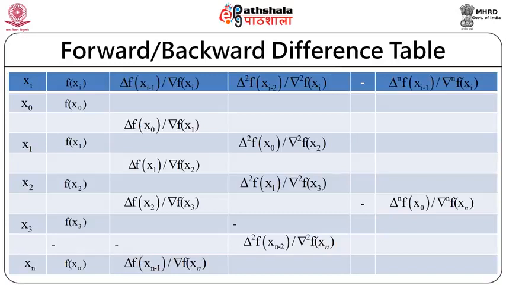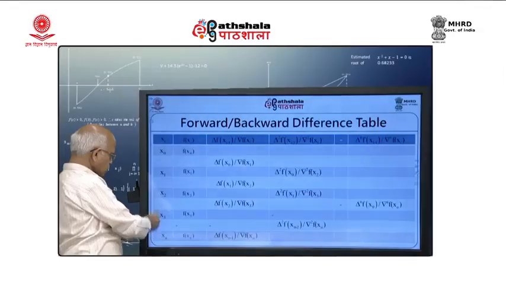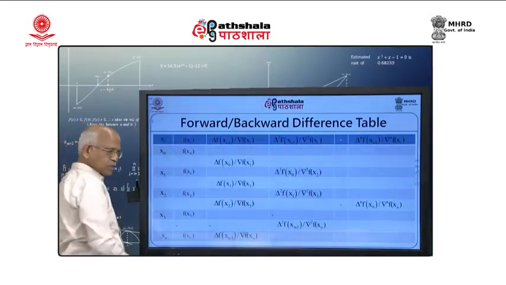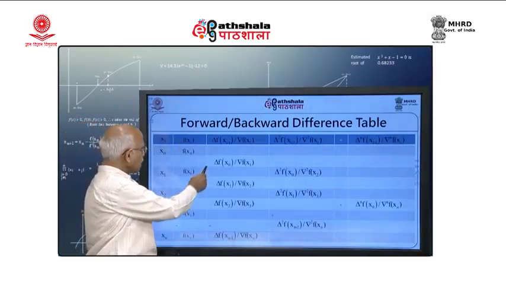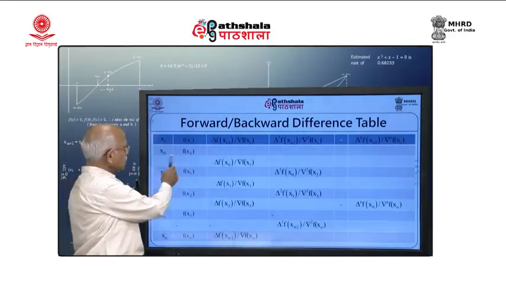Now, we can construct a table corresponding to forward as well as backward differences. In fact, both can be shown in separate tables, but I am trying to show you in the same table, because we have already seen that the forward difference at x_(i minus 1) is the same as the backward difference at x_i. So, if I find out this, I will automatically get this also. Now, we are considering here x0, f(x0). These are your x_i values, the nodes, these are the f(x_i) values, and using these values I am trying to generate this.